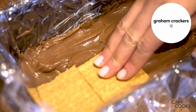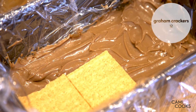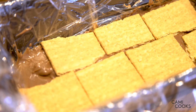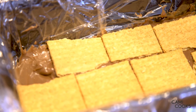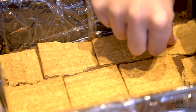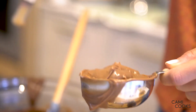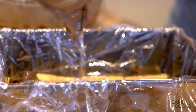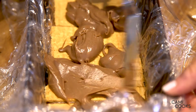The main thing is you want to make sure that every part of the graham is touching some of the custard, because this is what's going to help it soften in the fridge overnight. So what happens is the chocolate softens the graham crackers overnight in the fridge and kind of takes them from